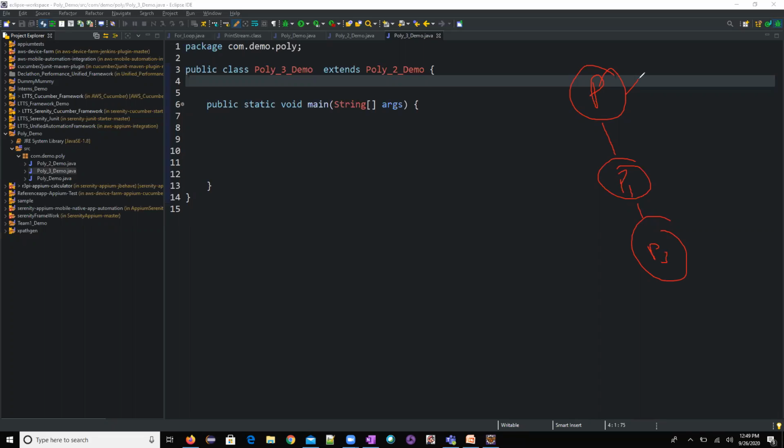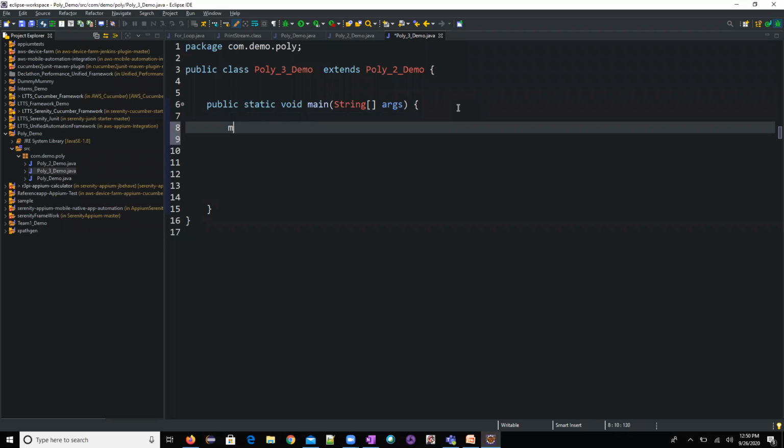So this is class 1. It is extended here, and now this class is extended here. So I got all these methods and variables from this to me. Now I'll call mul here. If I call multiplication, which method will come to me if I execute here? Class 2's Poly2 demo will come there. mul, I'll give it 20, 30.